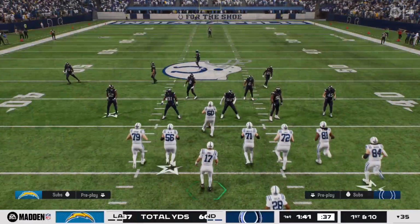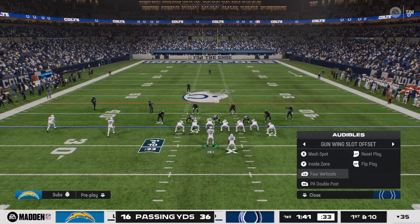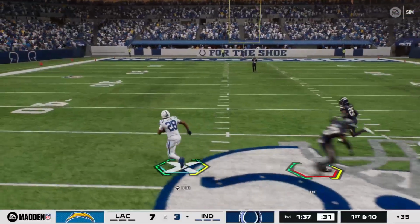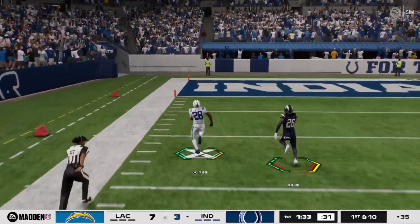2nd drive coming up here for the Indianapolis Colts. Their drive last time, it stalled out. They were forced to take the short field goal. And the key phrase, you nailed it. Forced to, because you know coaches look at these short field goals as a